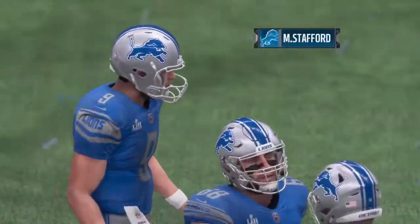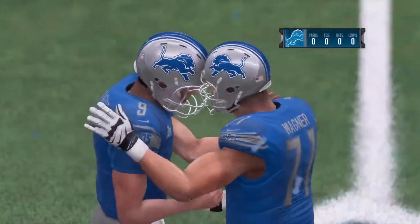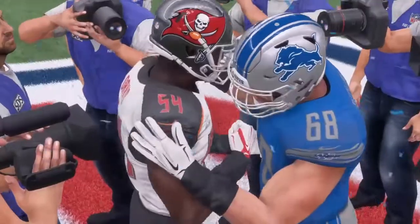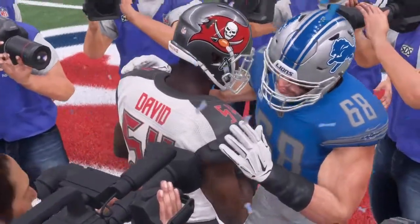And they end this year just how everybody wants to end the year, holding the Lombardi Trophy. What a season for them. What a ride it's been for us as well here in the booth. For Charles Davis and our entire crew,